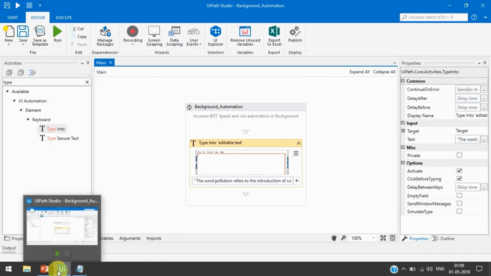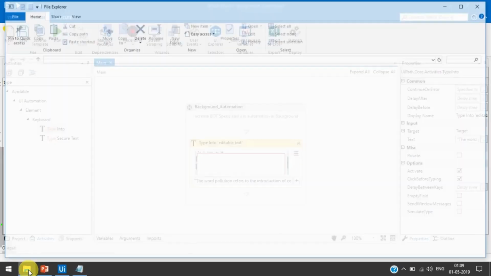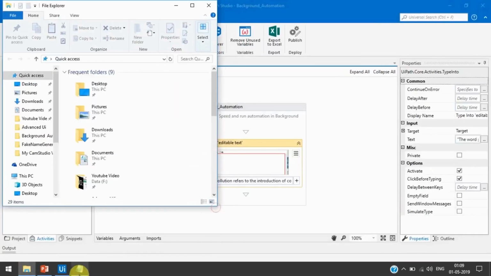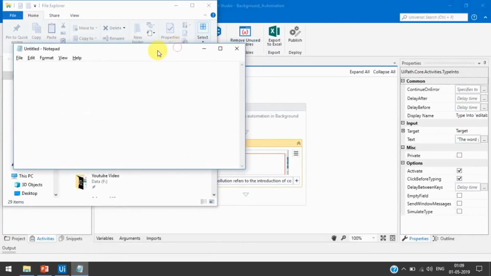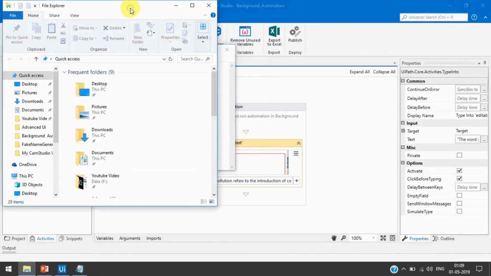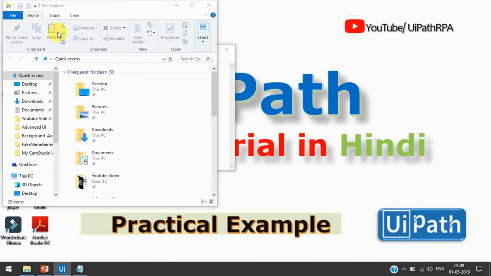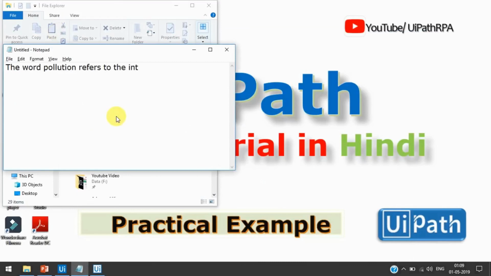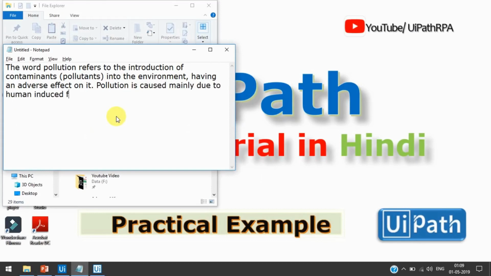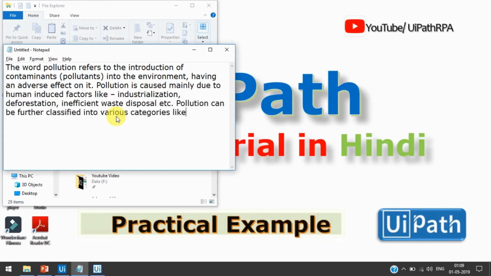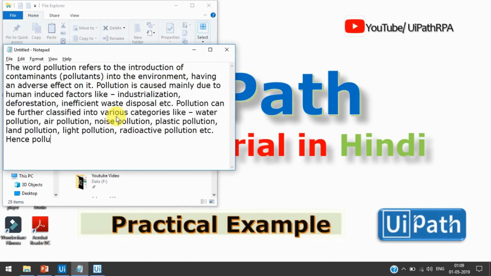So let's suppose I have taken this folder here. I'm going to keep this notepad behind this folder and now run this one. So now you can see here it will find that notepad and then click there, activate this one, and then start typing, right? And this time we cannot move our mouse. If we move our mouse, it will type here and there. It can type here and there also.